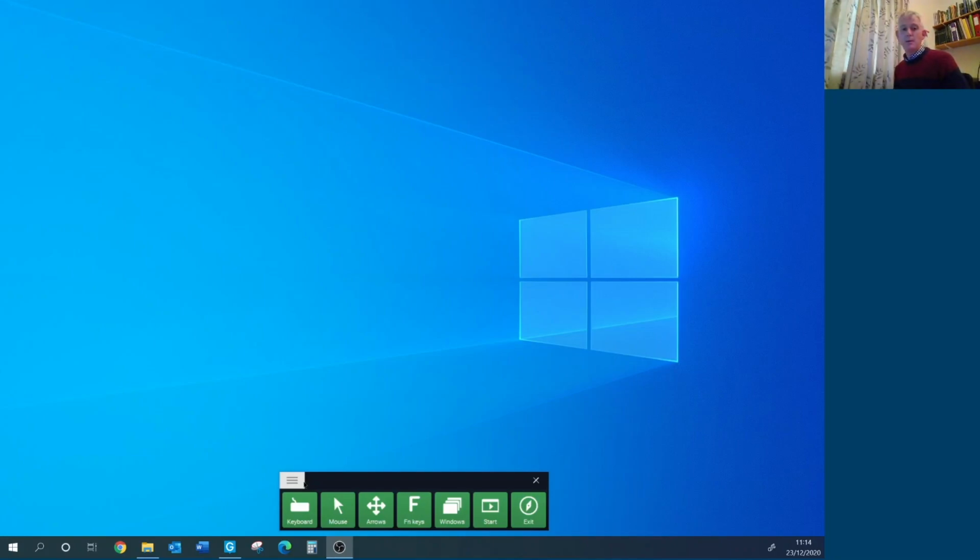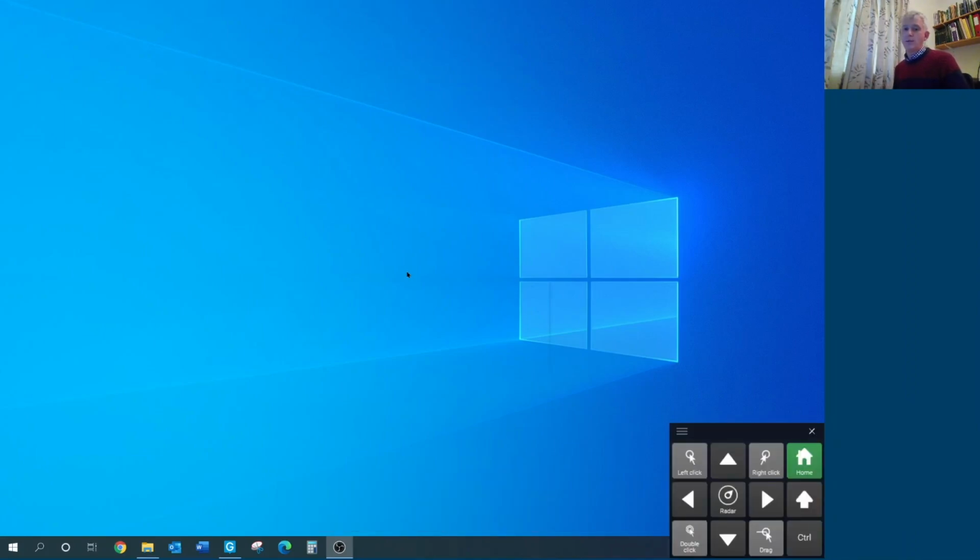So I'm going to place my mouse cursor in the middle of the screen, and you can see if I start scanning keyboard, and I've still got that auditory mouse feedback on, and then if I choose the mouse grid, I can choose then to use one of the options on my grid here. So I've got 4 arrow keys and a radar. Now I'm going to start trying to push the mouse position up on the screen. First row, left click. And you can see now that the mouse cursor is traveling up on crosshairs up the screen